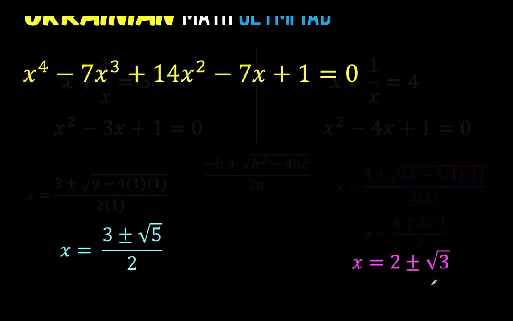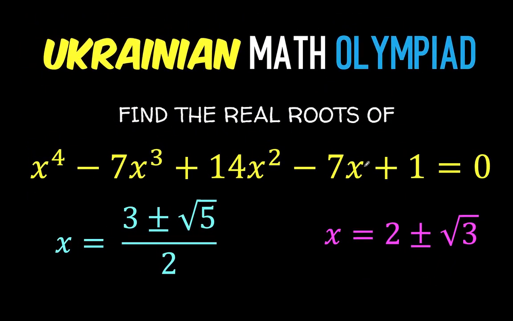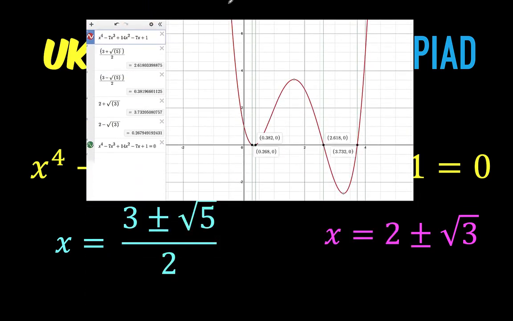So going back now to our main problem, the roots of the equations are these 4 roots. 3 plus the square root of 5 over 2, 3 minus the square root of 5 over 2, 2 plus the square root of 3, and 2 minus the square root of 3. And so going back to our visualization at the start, here is the graph of the given quartic polynomial. There are 4 intersections between the x-axis and the red curve, and those 4 intersections correspond to the 4 roots